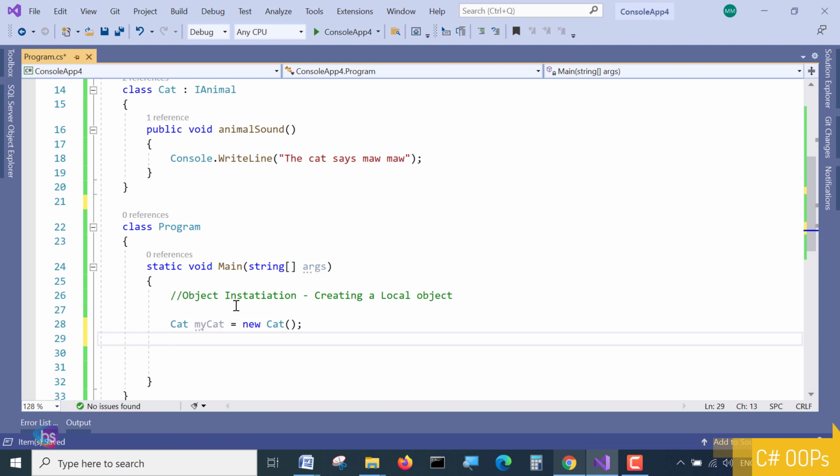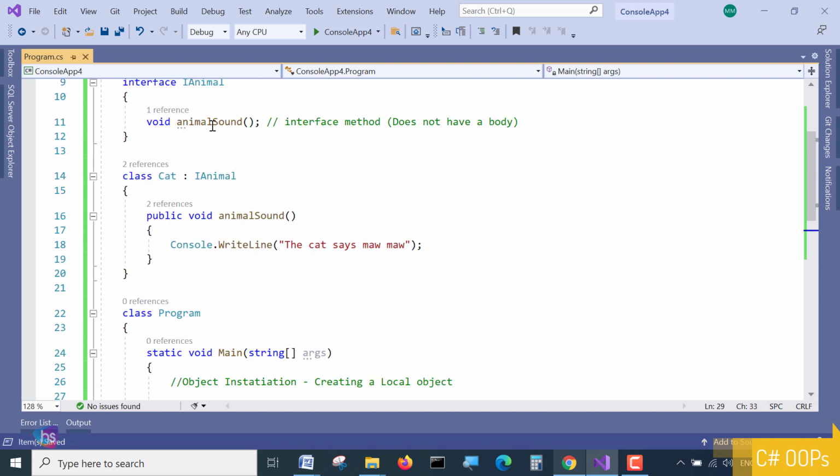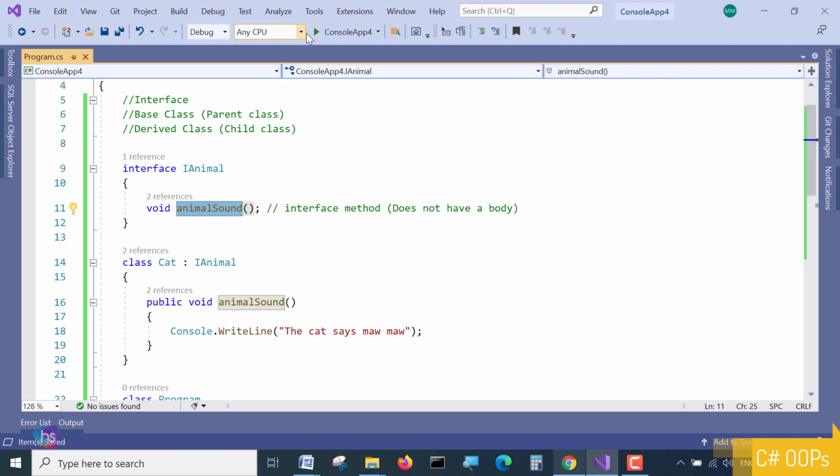We created the myCat object, and now we call myCat.AnimalSound. So by using this interface method, I am able to call this method of the child class. Now if I run this, I'll get cat says meow meow.